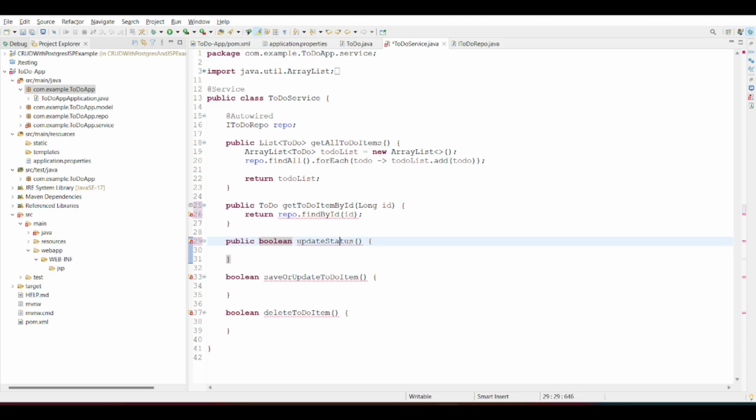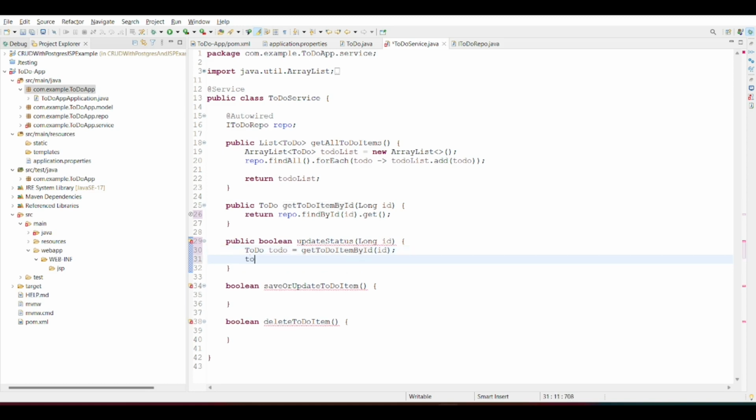To update the status, we would need to know for which object we are going to update the status. Here we need .get as well. So again we will need an ID here. So we will use this method to get the object, right? So let's put this in an object,